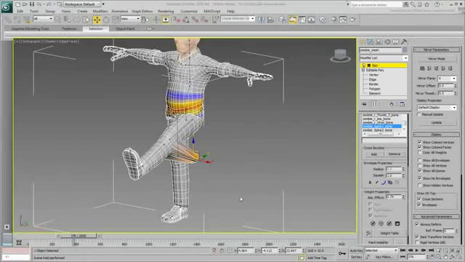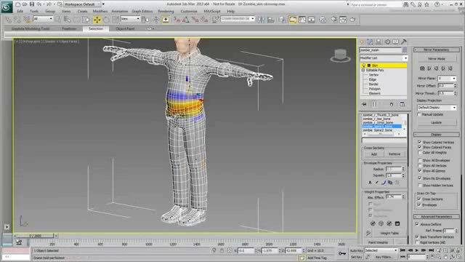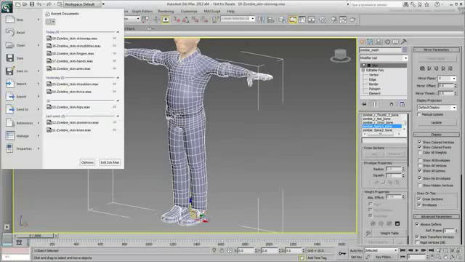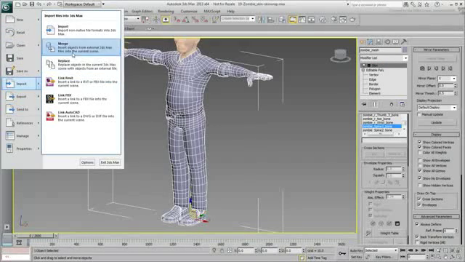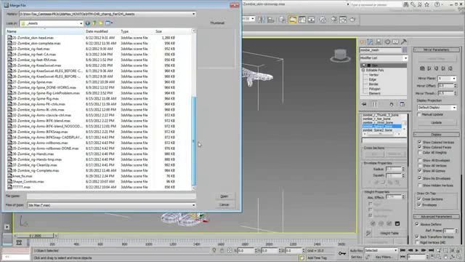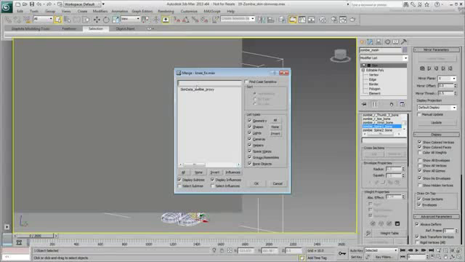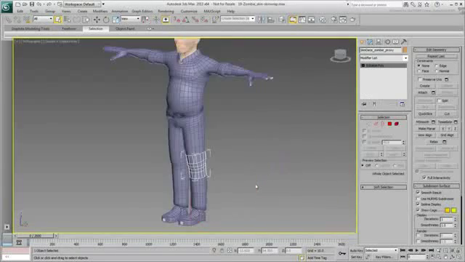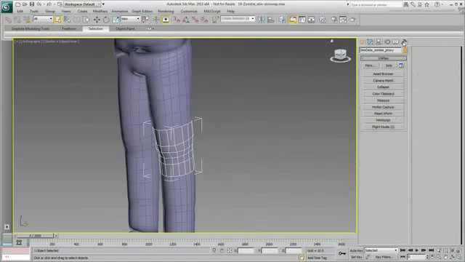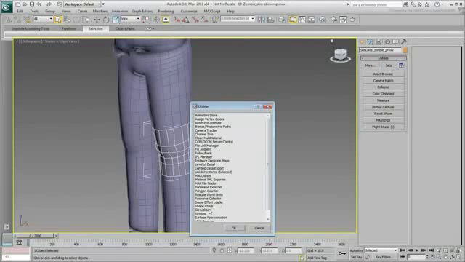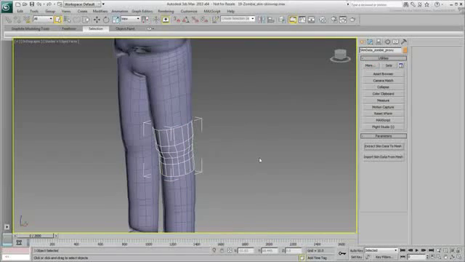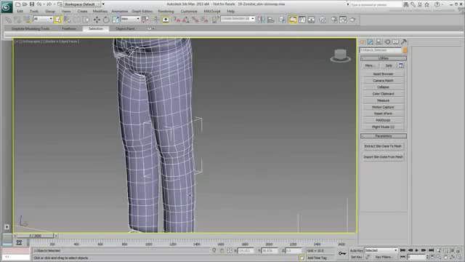Now go back to your original scene with the problem knee. At frame 0, merge in the file you just created. The knee comes in the correct place. Go to the Utilities panel, and if you need to, load up Skin Utilities again. Make sure both the new knee mesh and the character's body mesh are selected, and then click Import Skin Data